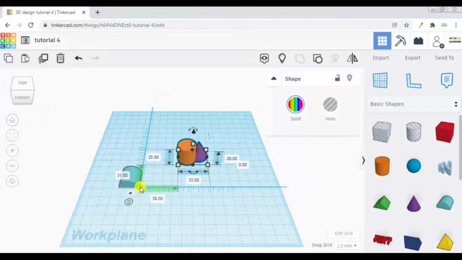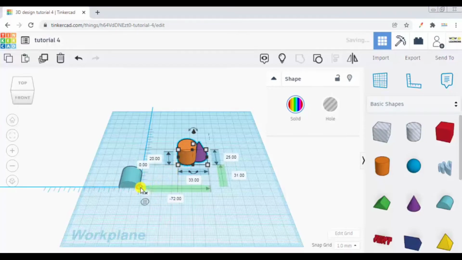So green measurement is with respect to the distance from the origin and blue is the dimension of the object. Now if I click here again, you see right now we are measuring distance to this edge. Now if I click this again, so now I am measuring distance between the edge of the roof to this edge of the grouped object. This is the x distance, this is the y distance. Other dimension of the object still remains the same.